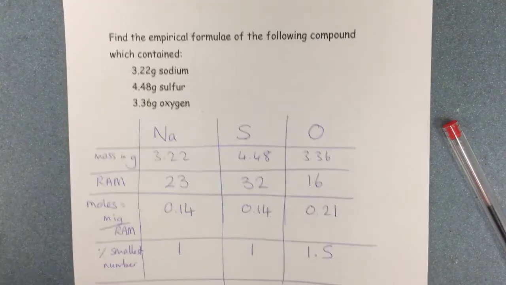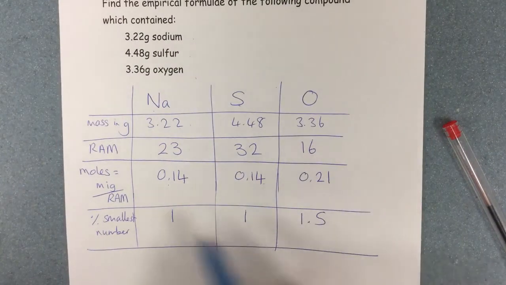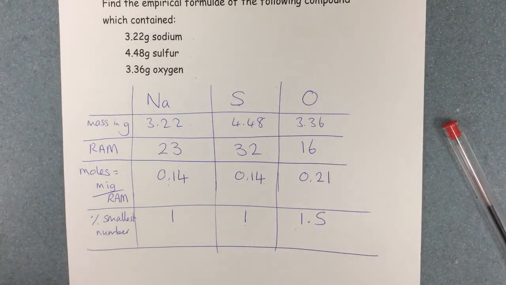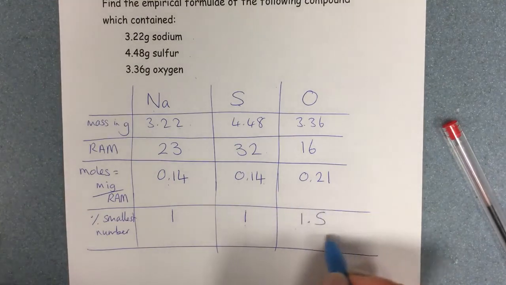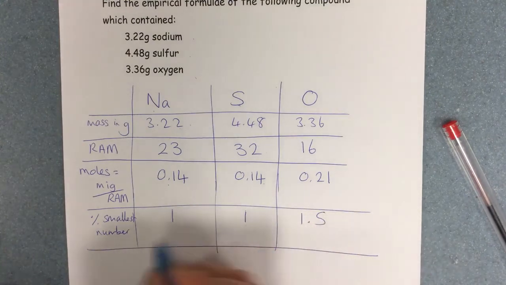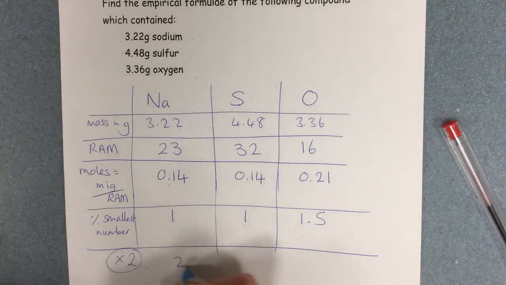So what I have is a ratio. I do know there's 1 mole of that and 1 mole of that and 1.5 moles of that, but that is not a whole number ratio. This happens occasionally. This is not close to 2 or 3. This is dead in the middle. So to get whole numbers, I don't need to divide by anything else. I actually now need to times all of my numbers by 2 in order to get whole numbers,